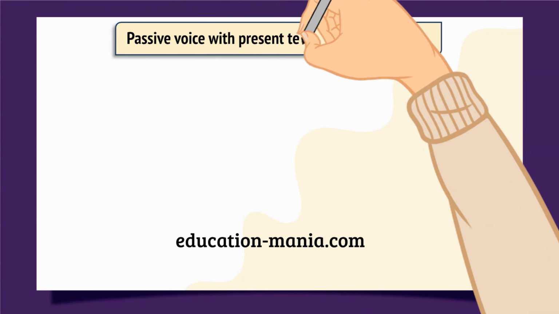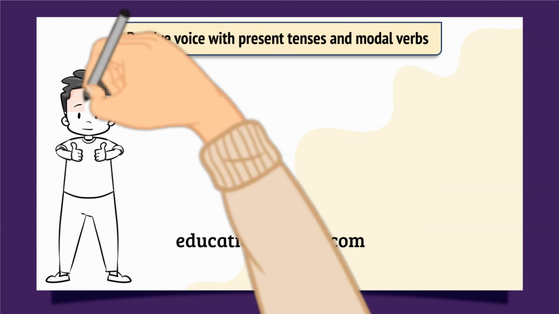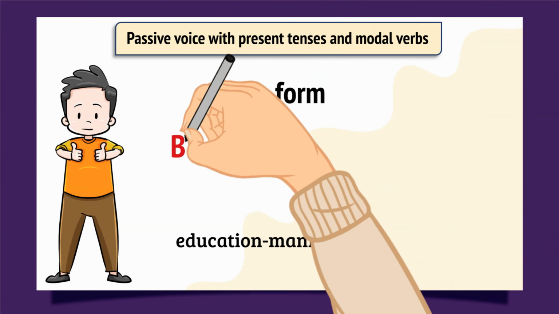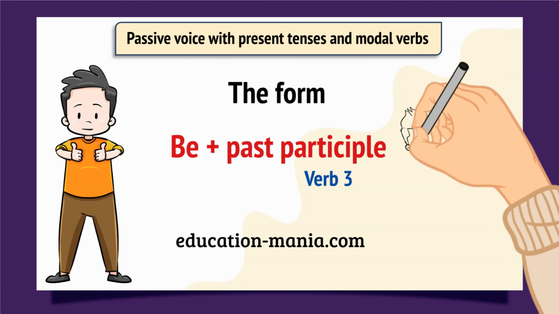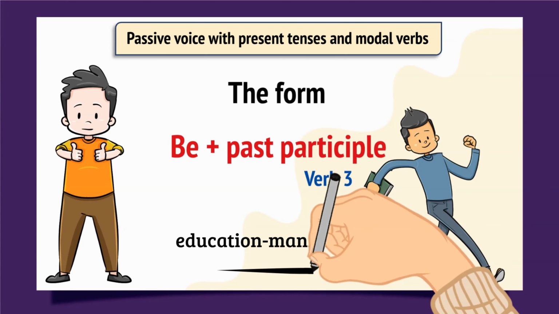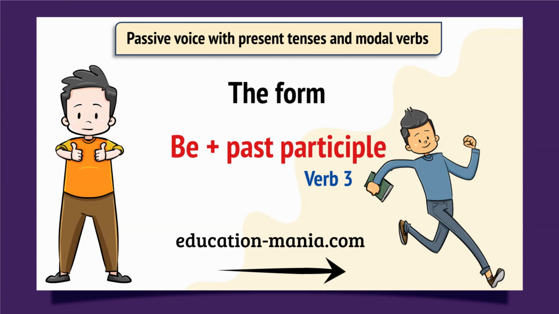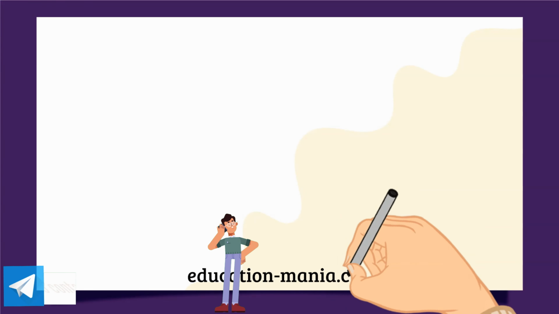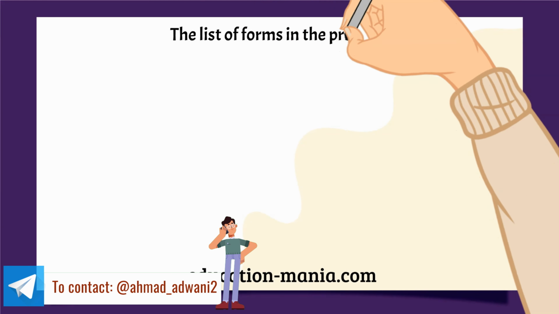Passive voice with present tenses and modal verbs. The form: be plus past participle, verb 3. The list of forms in the present tenses: